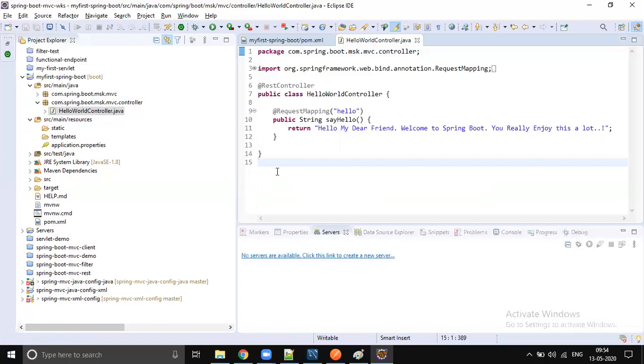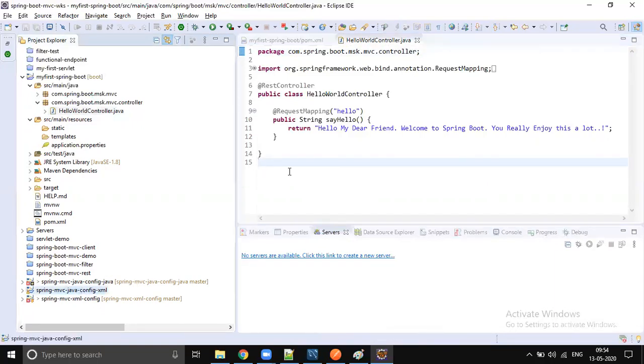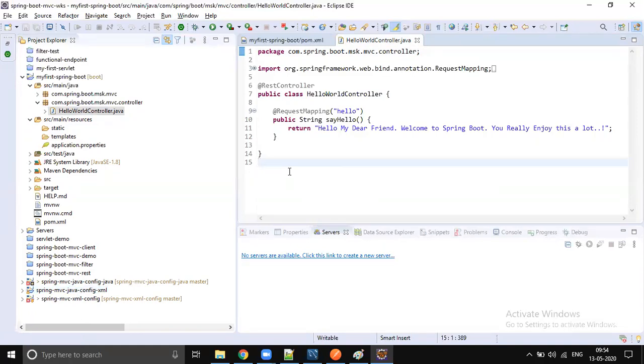But whenever you are doing a database integration in a plain Spring MVC application, you will really feel like hell. There are so many dependencies you need to add manually. It's really a nightmare developing a Spring MVC application with data integration.